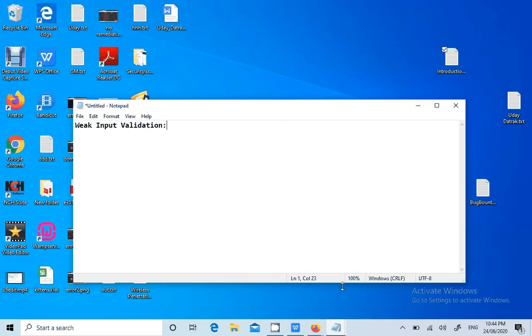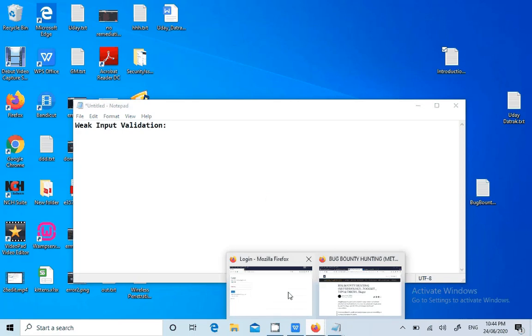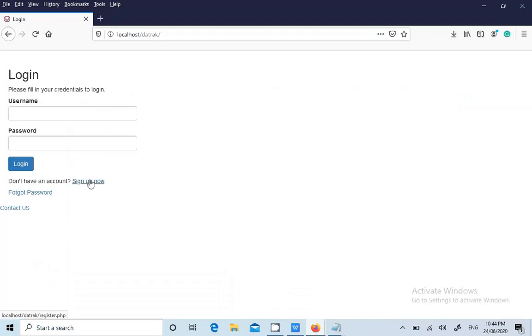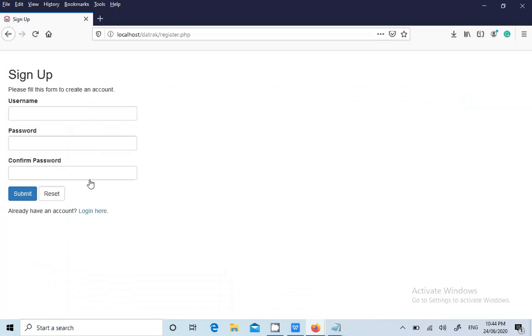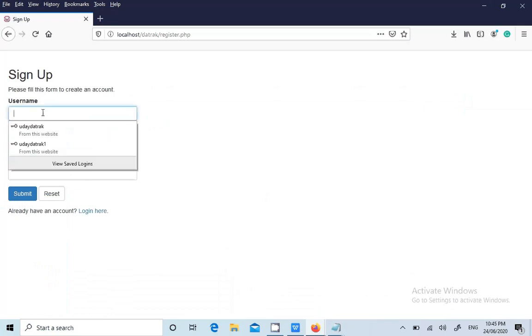So let's say I go to a sign up page, and the username should be characters from A to Z, or if there is a salutation, something like Mr. Dot. But here a salutation is not required. Instead, in the place of username, I'll try to submit all the special characters.